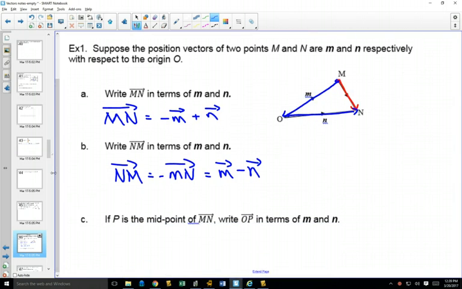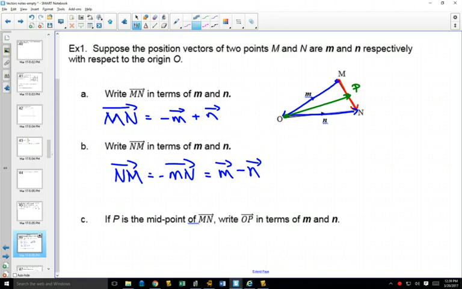Now we're going to add a point P right here in the middle. Okay? And the idea is you're told you have to get from O to P, so this is what we want to do. We want to get from O to P, but we're only allowed to walk in directions of m and n. How do you do that? Well,